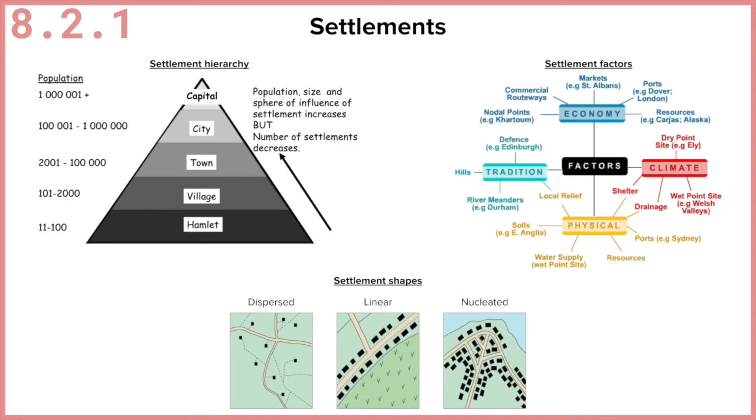So a port city. And the same could be said for all of the settlements around the UK. There will have been a reason why they built in the first place. We've categorised these into 4 broad areas: economy, so that's to do with money, climate, physical factors, and traditions. Let's start with the